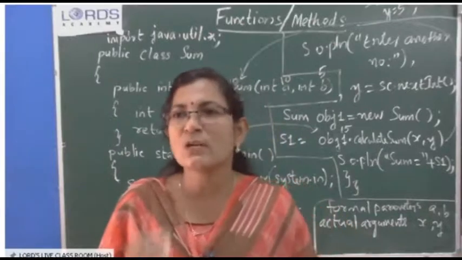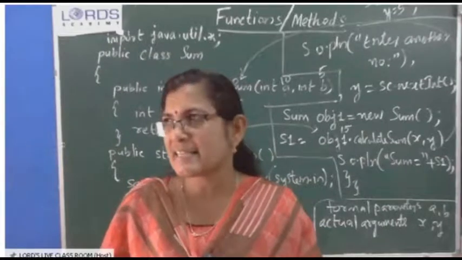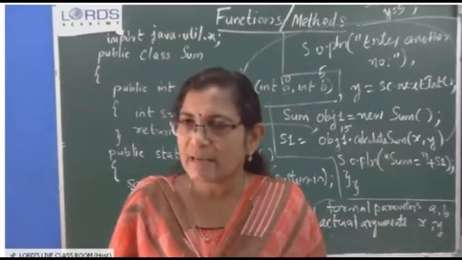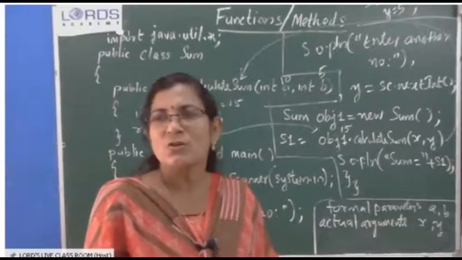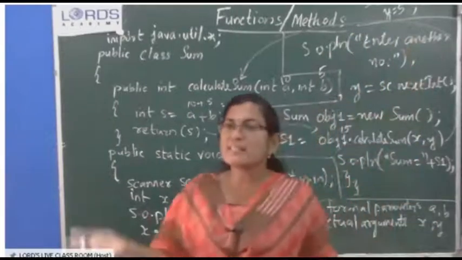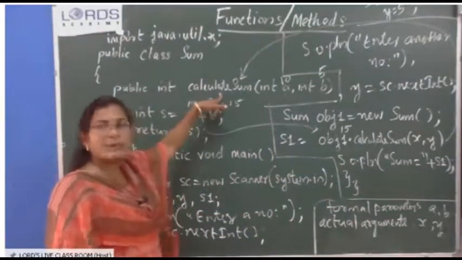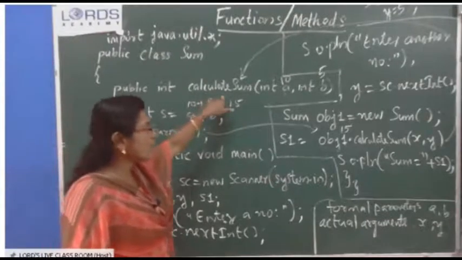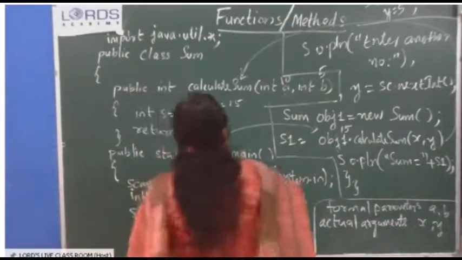We want to add the values of X and Y. Am I right? The original value is stored in X and Y. When we invoke the main method, X and Y will be created in the memory. The values accepted from you will be stored in X and Y. Okay. And when you want to find out the sum of these two values, you are calling the calculateSum method. Then only the variables A and B will be created in the memory. Initially,